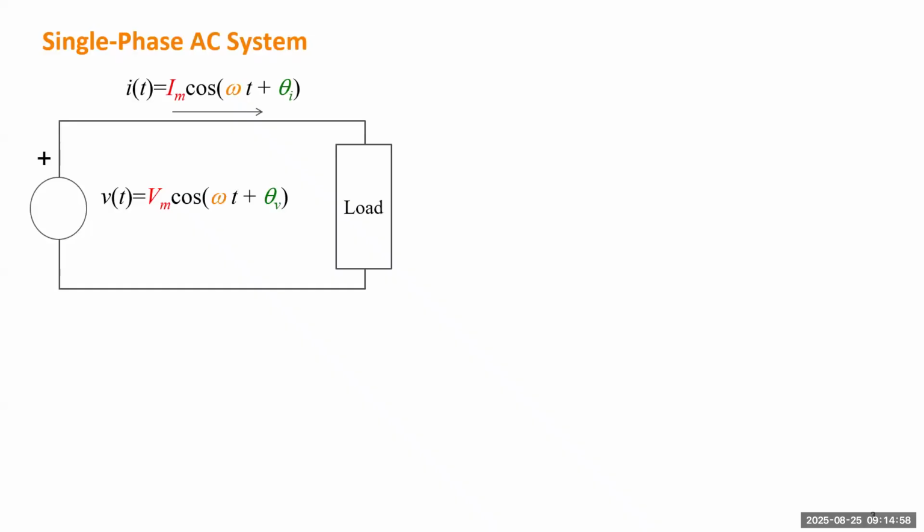Okay, we'll start from a very simple circuit, because this course is going to focus on AC power systems. Let's think about the simplest AC system, which is a circuit with a single source and a single load connected by wires or transmission lines. For the source, I put the positive sign there, which indicates the polarity of the source. Because it is an AC source, it doesn't mean the potential of that end is always higher than the other end. It only means that if I want to use this function